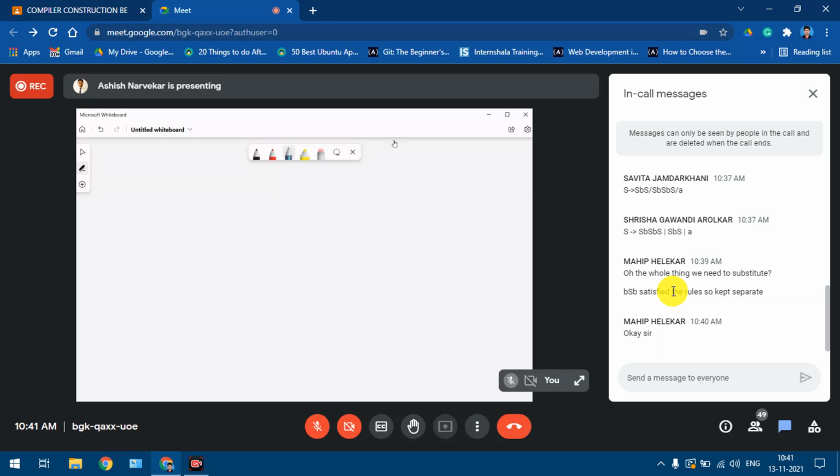So I can take one more example. The next example that we are taking on similar lines is, given a non-operator grammar, we have to convert it into operator grammar.